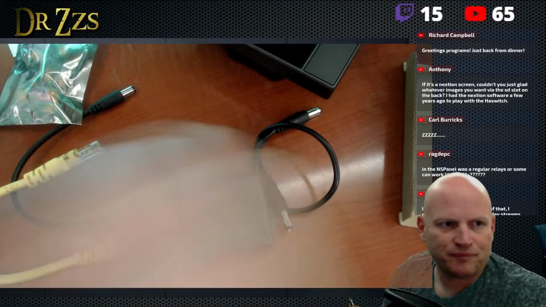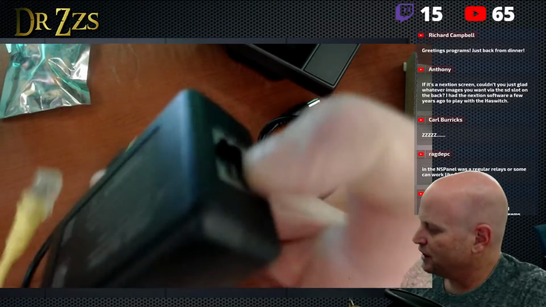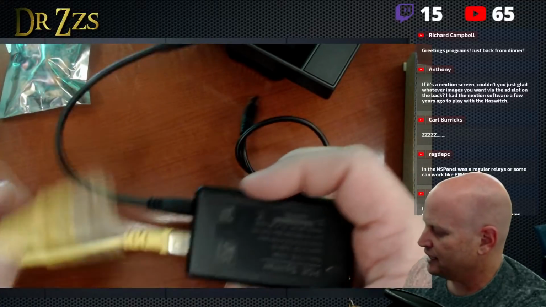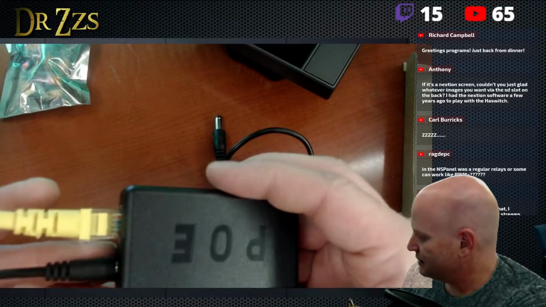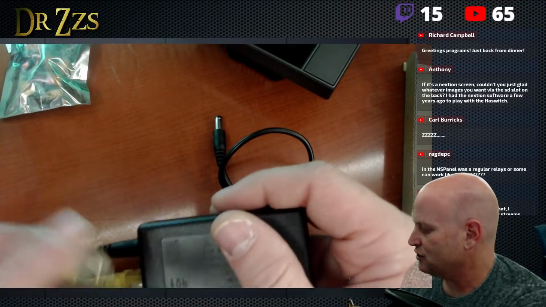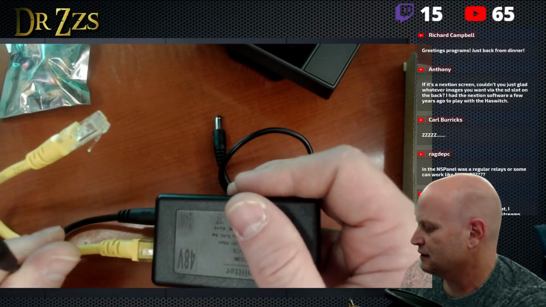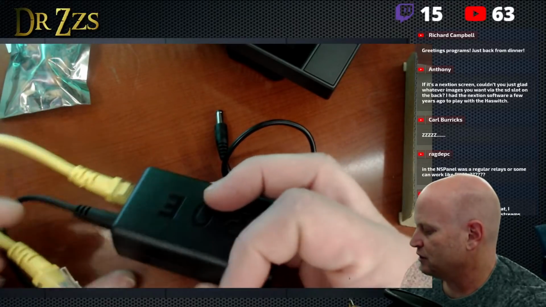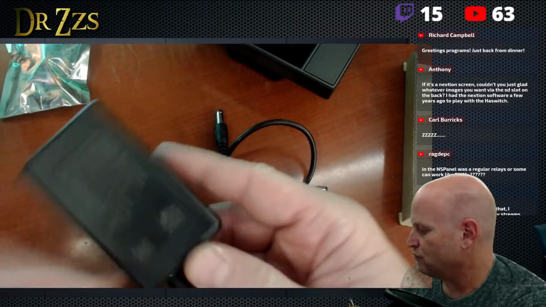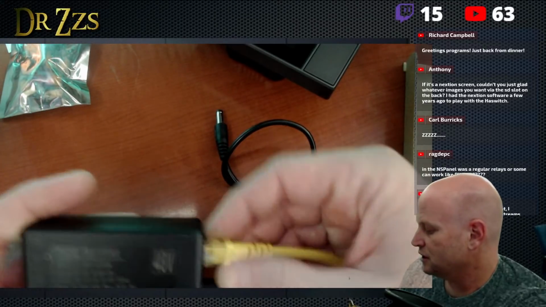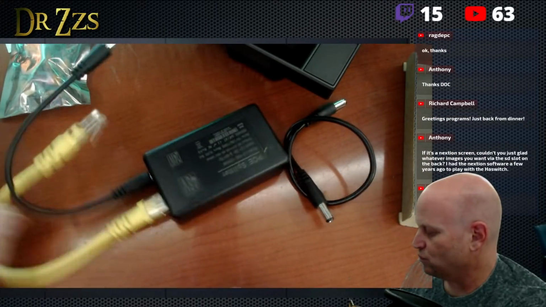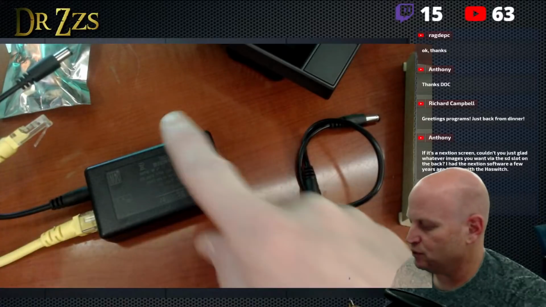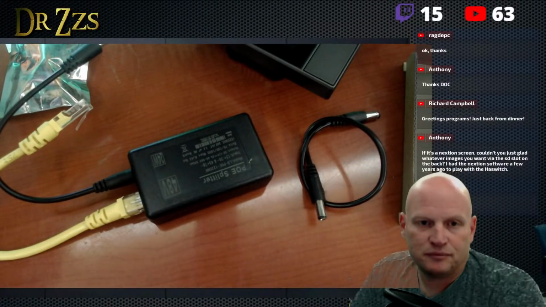Anyways, these are PoE in and 12 volts out and internet out. So I bought 6 of these to use for different things, and I could use these even for lighting as well. So I may do that. These are 12 volt, 2 amp outputs, so you can do plenty with LED lighting with this. And as long as the watts aren't more on the 48 volt side, you should be fine, right?